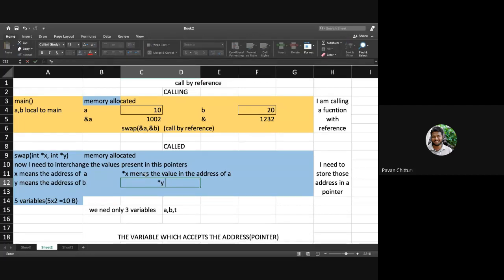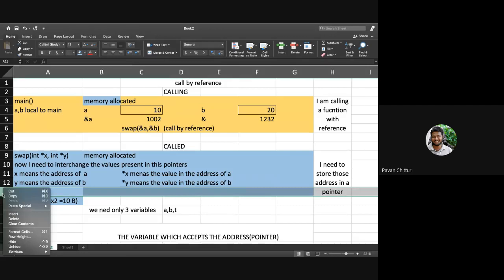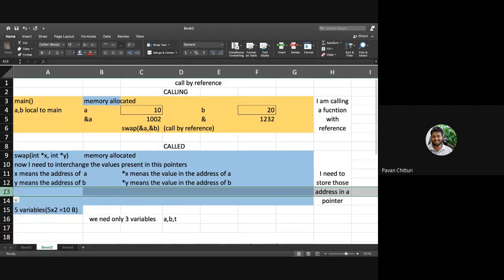Star y means the value present in the address of b. So now I want to interchange the values present in x and y.